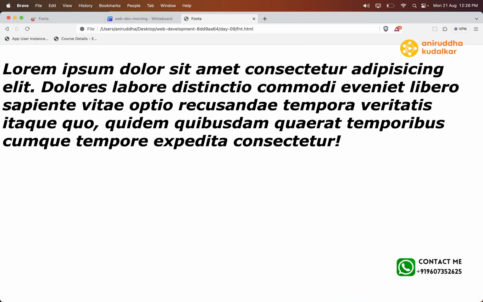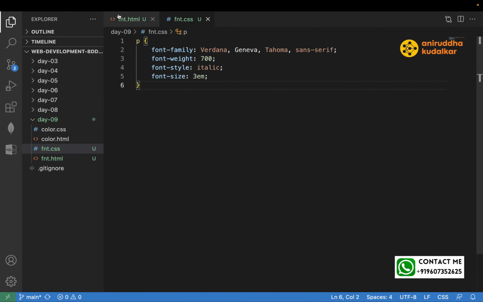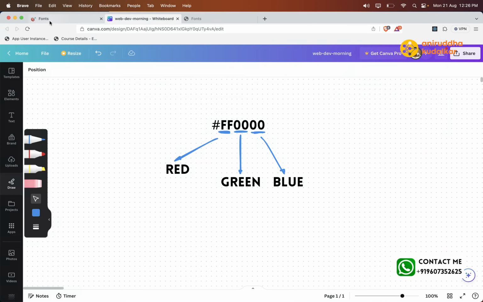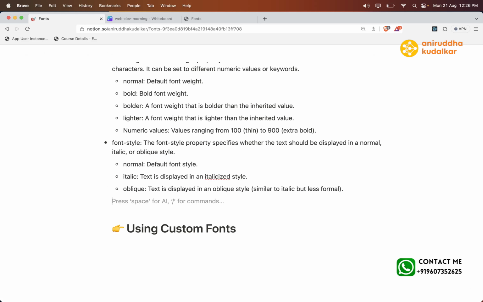It would be like this. So when you say font size,